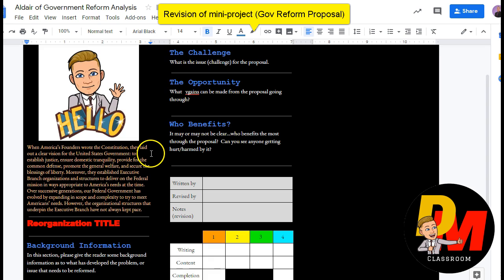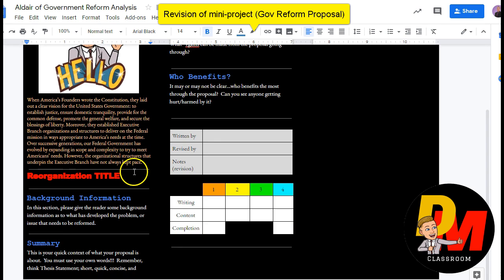So let's assume, and Aldair, sorry for picking on you and using yours again, but let's say Aldair was finished with this, and his name is typed in on his there. The person who's revising it is going to come in and type in their name there. Very simple. However, this is where it's different down here: you are going to come here as well, and you are going to X out which level it is based off of.